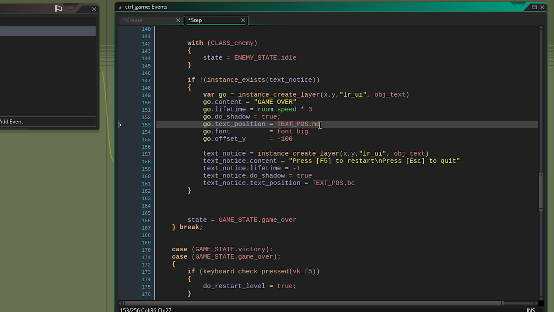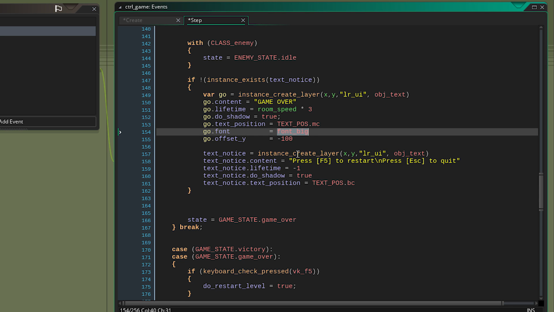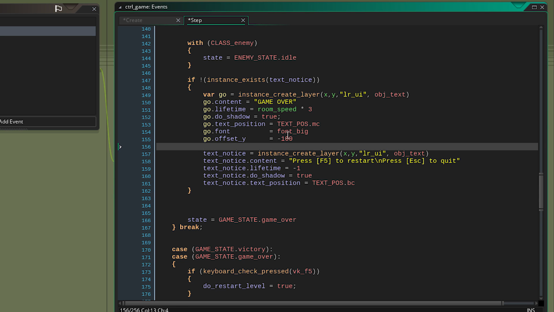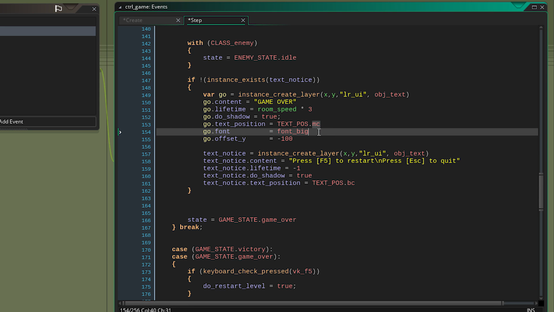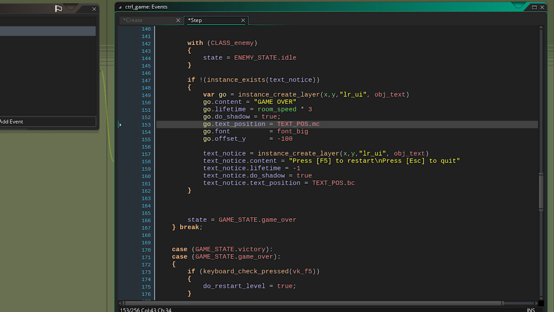The text object takes care of this itself. As a font, I'm using just 2 fonts here, font medium and font big. And the offset Y is -100, which means once this text gets set in dead center,